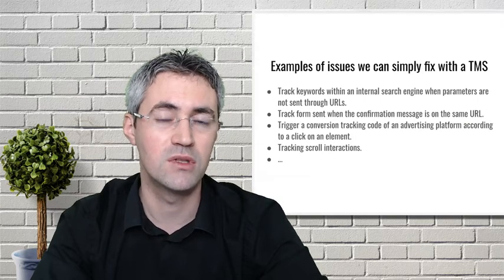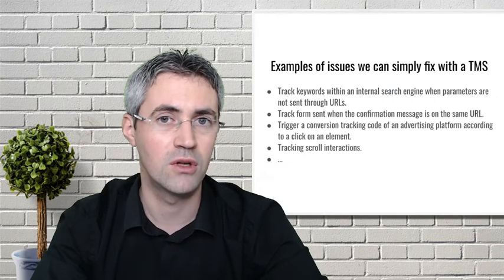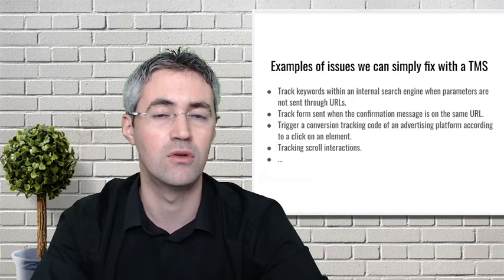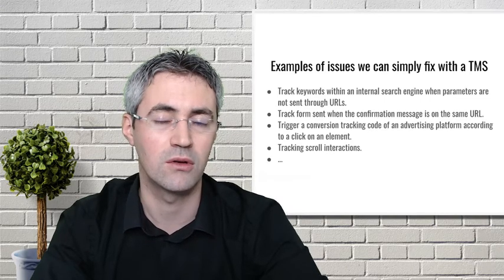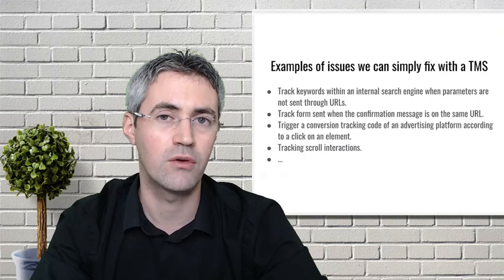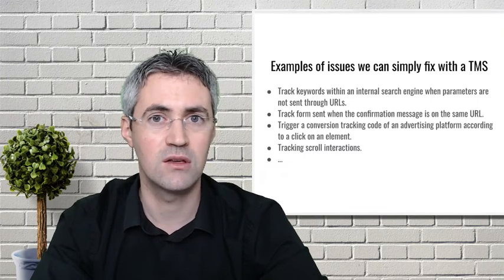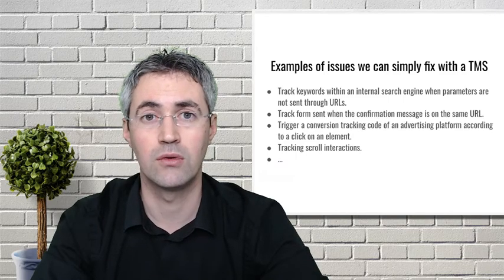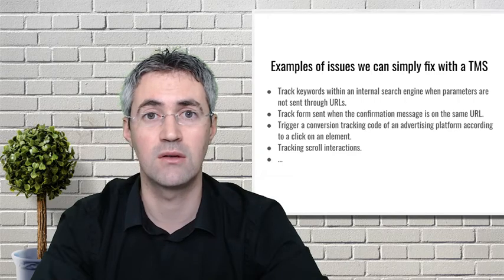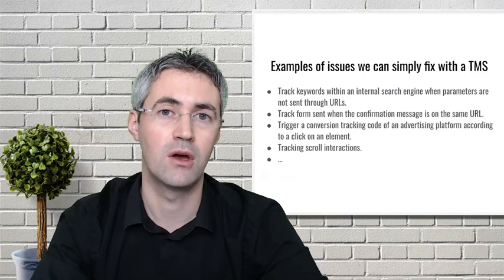But thanks to a TMS, that's the kind of thing you can do on your own, without knowing coding and without requesting the help of a developer. You just need to go within the UI of the tag management system and press the right button to execute this line of code which will grab the search query. And there are many other cases like this, for example tracking forms. If you would like to know how many quotes or how many contact forms have been sent, it's very easy to do that with a tag management system.